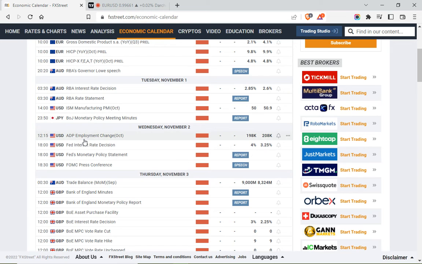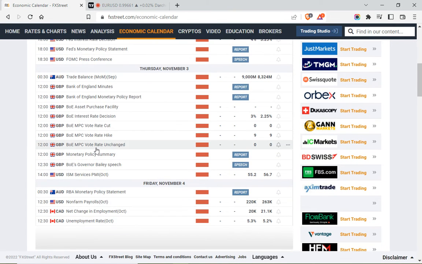And then on Wednesday, we have the ADP employment. We have the Fed interest rate decision, a very important event. We have the Fed monetary policy statement also. And then we have the FOMC press conference also. These are major events that are likely going to be serving as a catalyst for price movement on the Euro